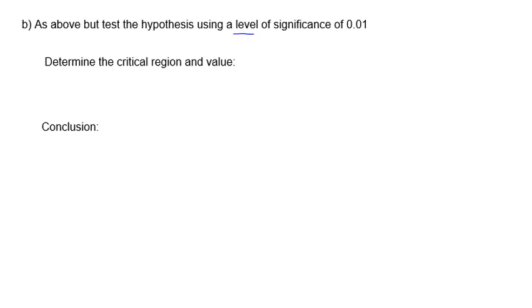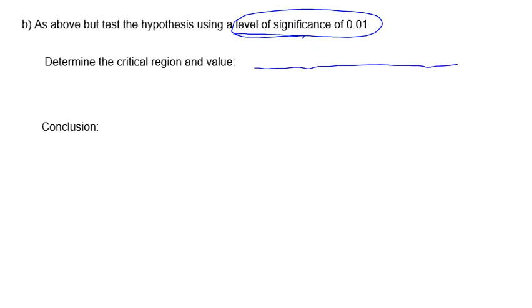In other words, we're still working with the z-score. Our level of significance is 0.01, but now our cutoff point for the rejection region is going to be this score, z equal to negative